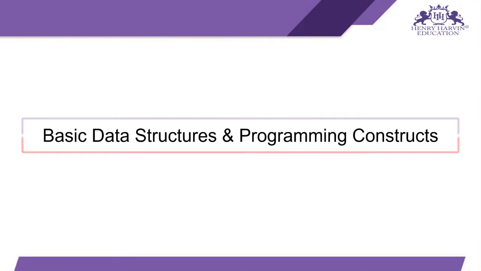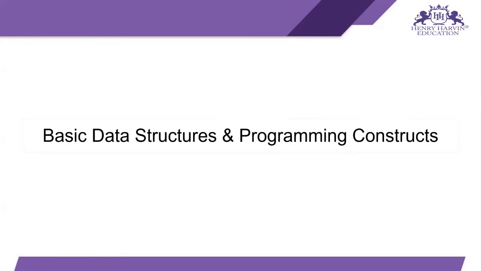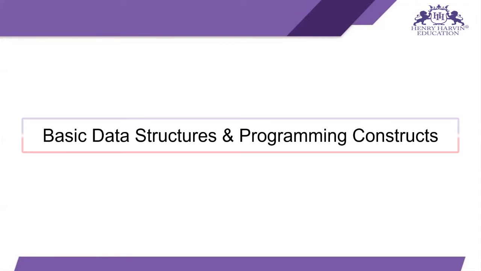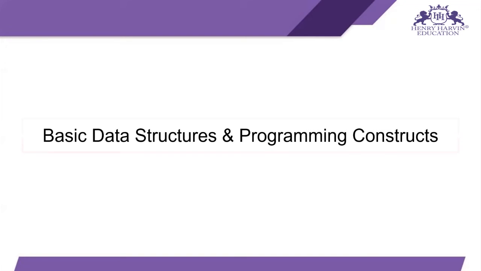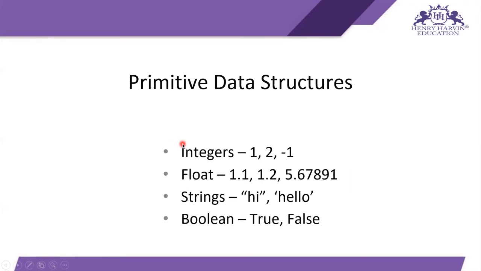You should follow the way professionals write Python code, so that when you go into a reputed company and write your code, it looks professional. So first, let's start with the basic data structures. There are two types of data structures: first are primitive data structures, and second are non-primitive.